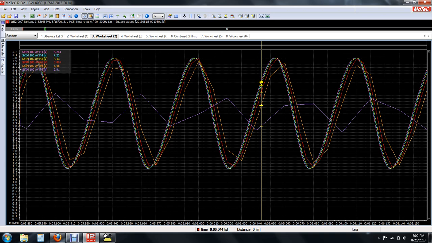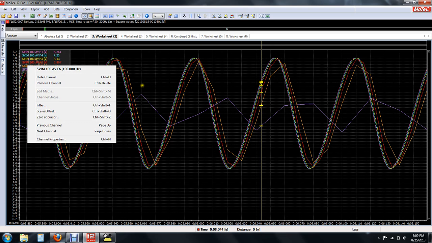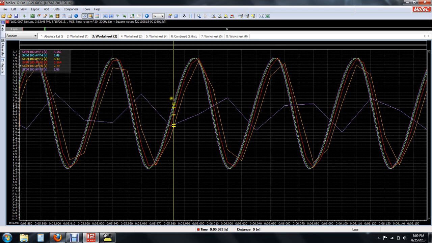Okay, what frequency is the orange? Oh, logging frequency 100. Whatever. Yeah. So let's just say you weren't looking for super precise peaks. You were just looking for the general waveform. Then 100 hertz in this case may be good for you, and it may not be necessary to log at 5,000. The higher your logging rate, the larger your file will be, the longer it will take to download, and the more